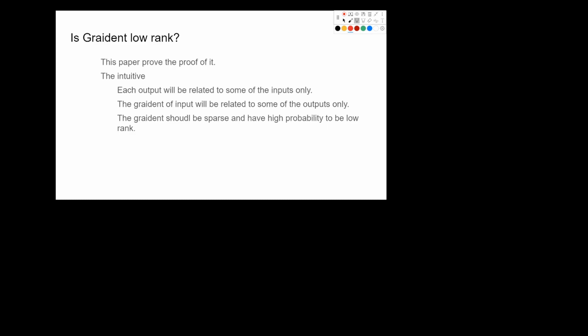So this is intuitive. The weights themselves might not be low rank, but the gradient works on a certain input set only, and that input set will use only part of our weight matrix. So we hope that the gradient will be low rank, and actually in practice it is low rank when we check the result.